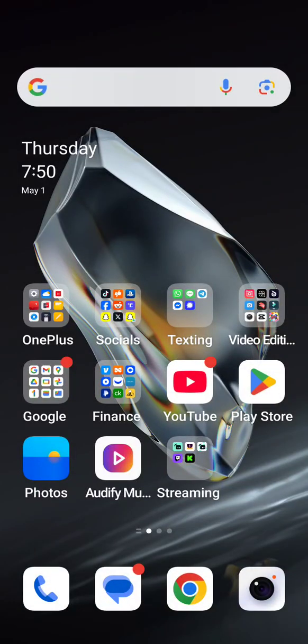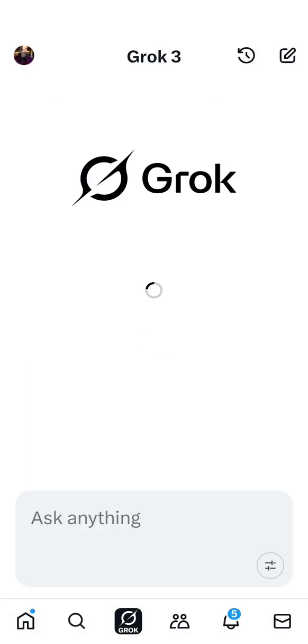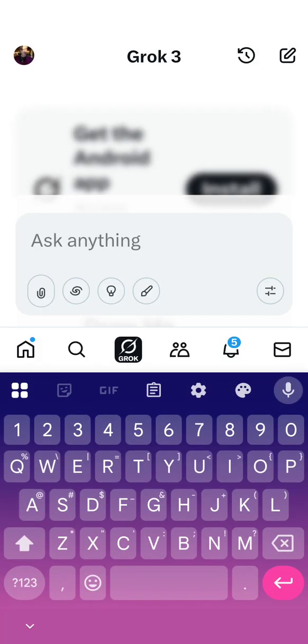I'm going to teach you how to make a song about anything, any genre. So, the first thing you want to do is open up an AI chatbot like ChatGPT or Grok, which is Twitter's, which is what we're going to use right now. So, you open up Twitter and you press the Grok button at the bottom. Now we're going to say,